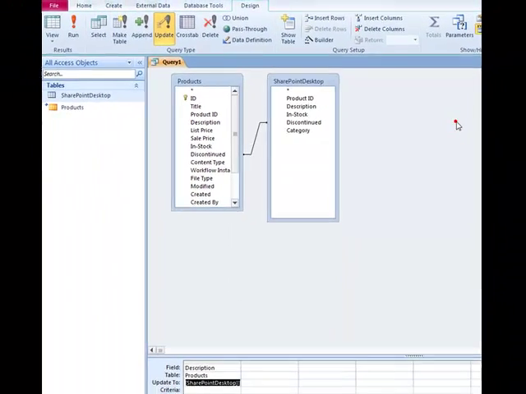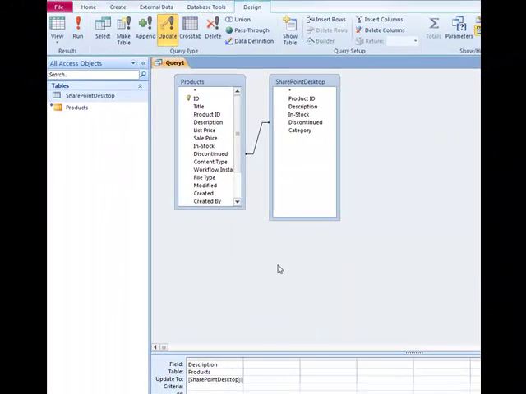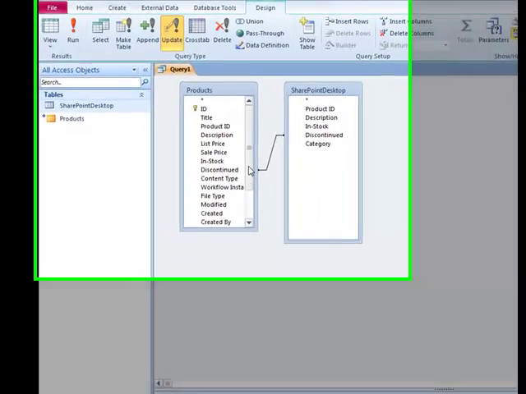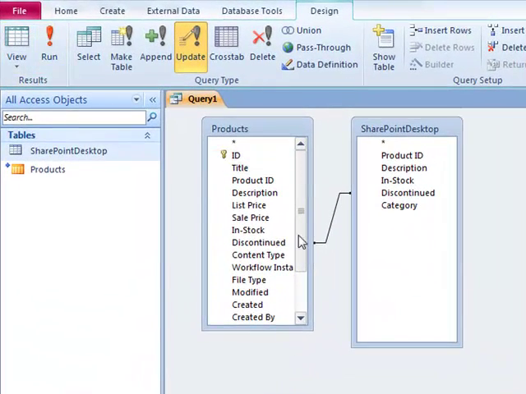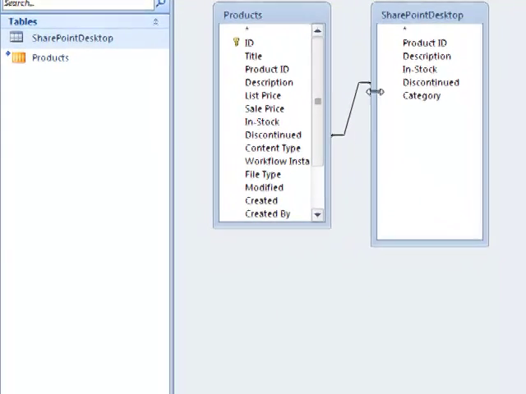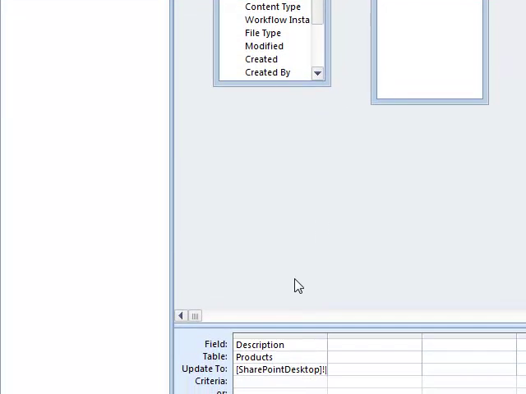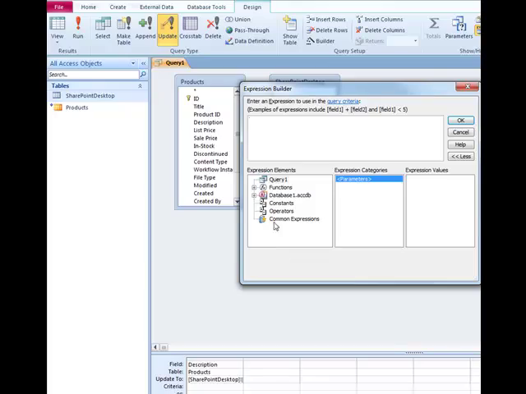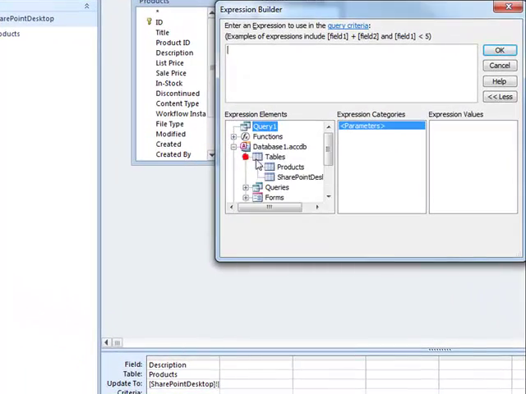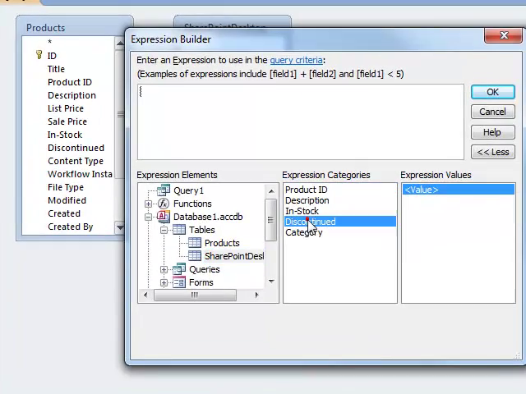So at the moment, if I just clicked run here, this will basically say, well, where the discontinued field equals the same, we'll update the description field, which is not quite what we want. We actually want to do it where the discontinued field equals yes. So I have to do the criteria. Let me click there, build, choose my table, where the criteria of SharePoint desktop where discontinued equals yes. So if I click run,